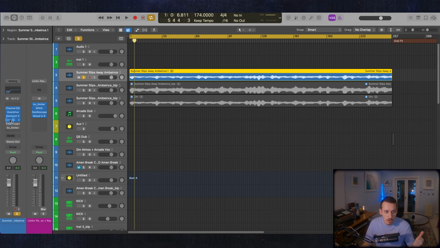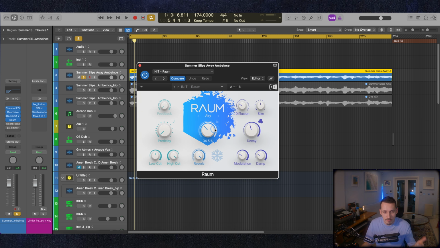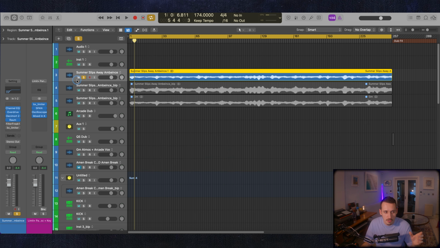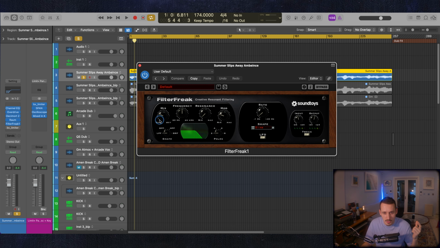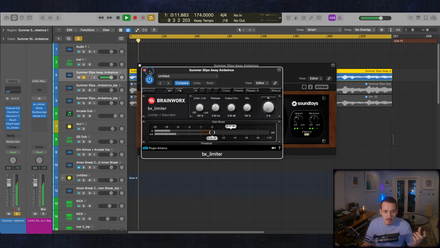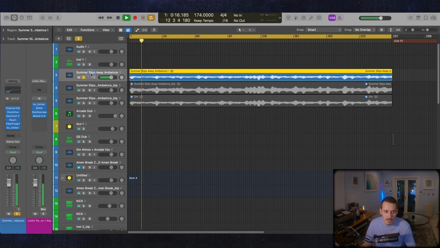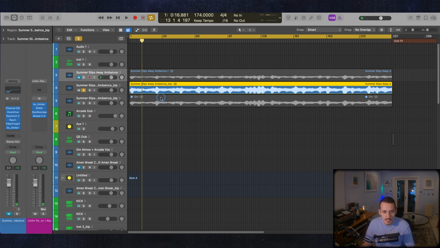And then to do more camouflaging, I've used a reverb again, so that's just smothering over some of the stretching artifacts. And then I've also done some Filter Freak with some very slow modulation, it looks like. So just moving the filter cutoff even more, a little bit more modulation, so that's just doing a bit of movement, and then a little bit of limiting, but that's not actually doing anything, that's just gaining it up, so no limiting there, just a bit of gain out of that plugin. And so I'm then left with this.